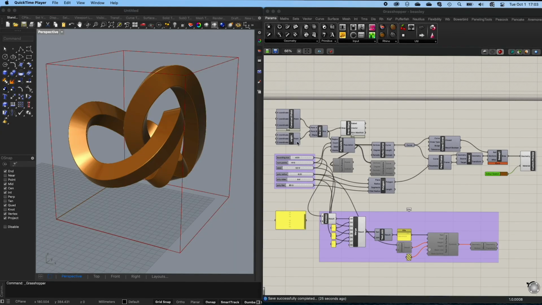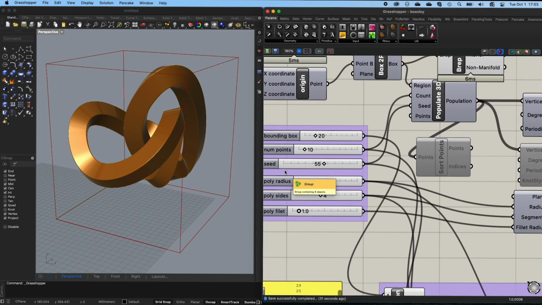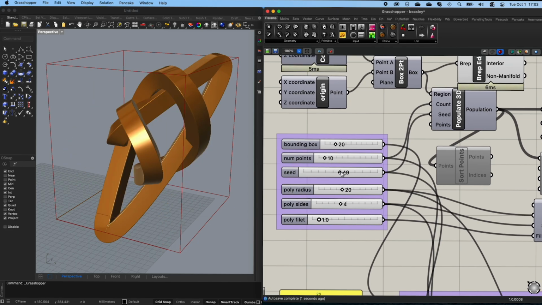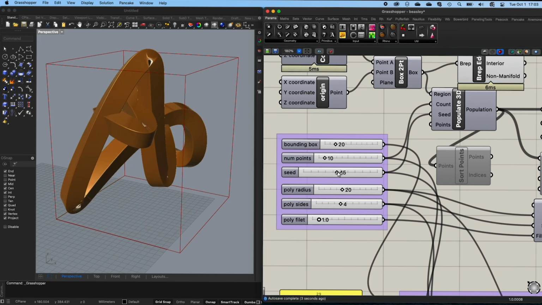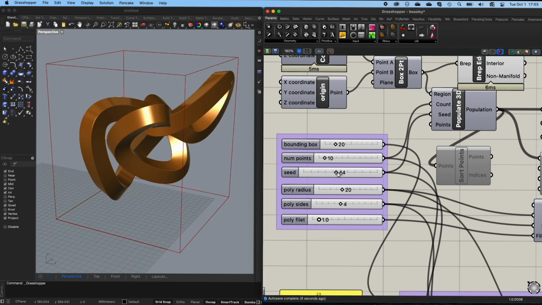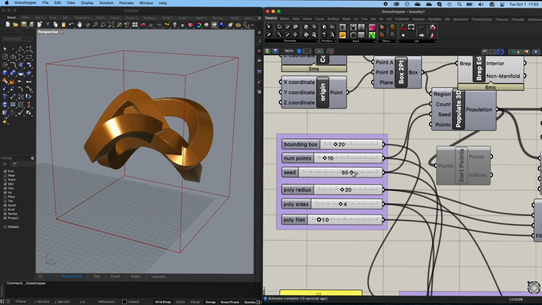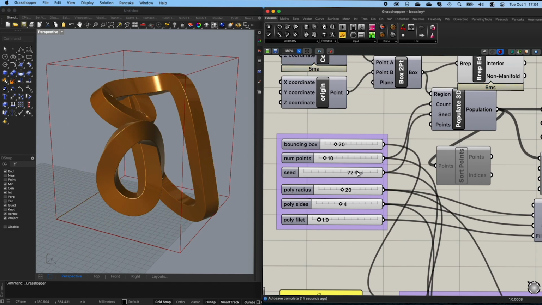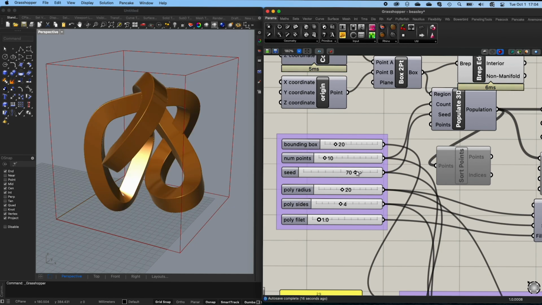And I'm going to show you a little bit of what this looks like on the computer side. This is the code. It's written in a language called Grasshopper, which is a visual programming language for the Rhino 3D modeling platform. You can see adjusting the seed is just spinning up the randomness of it. So using the other parameters as set, basically changing the location of the 10 points in the cube to give me a different